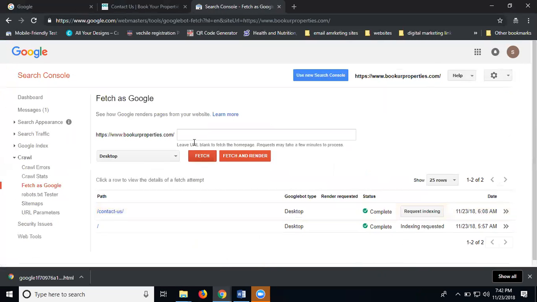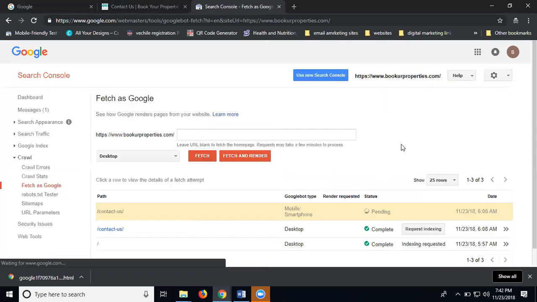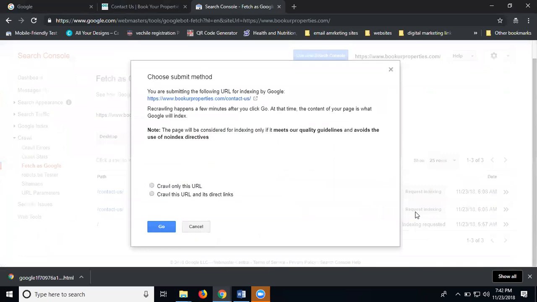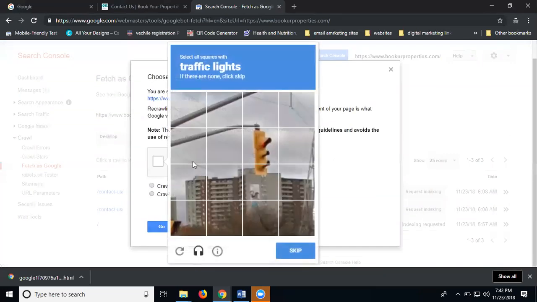This is for desktop. Now you can click mobile. Then request indexing. I'm not a robot. This URL is being submitted for the first time.